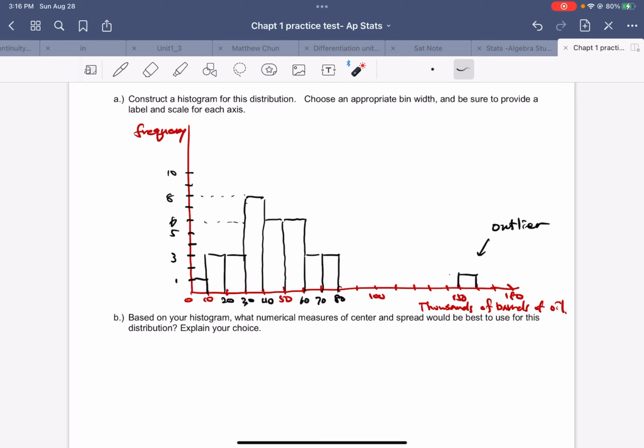So median is a good center. Okay. If it's symmetrical, then mean will be good. But if it's skewed, then median should be the good center. So you can say, since there is an outlier and some slight skewness,